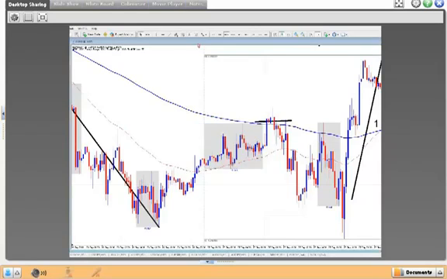We were expecting the first push. That's what we said in the review. And in the review, what I said was I would look for the market to come down and create the stop run, or the stop run bottoming formation, on the previous day's lows, because pretty basic fact, if anybody is